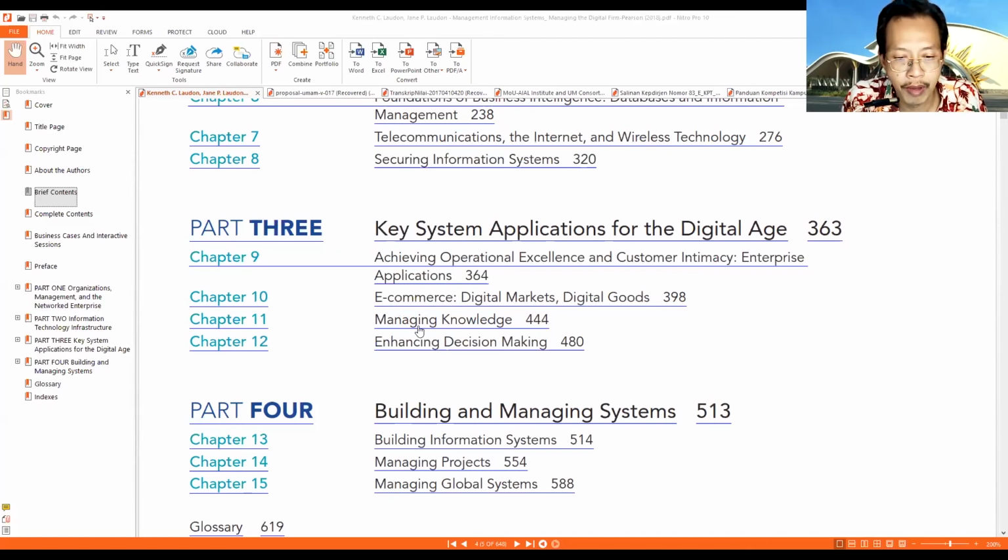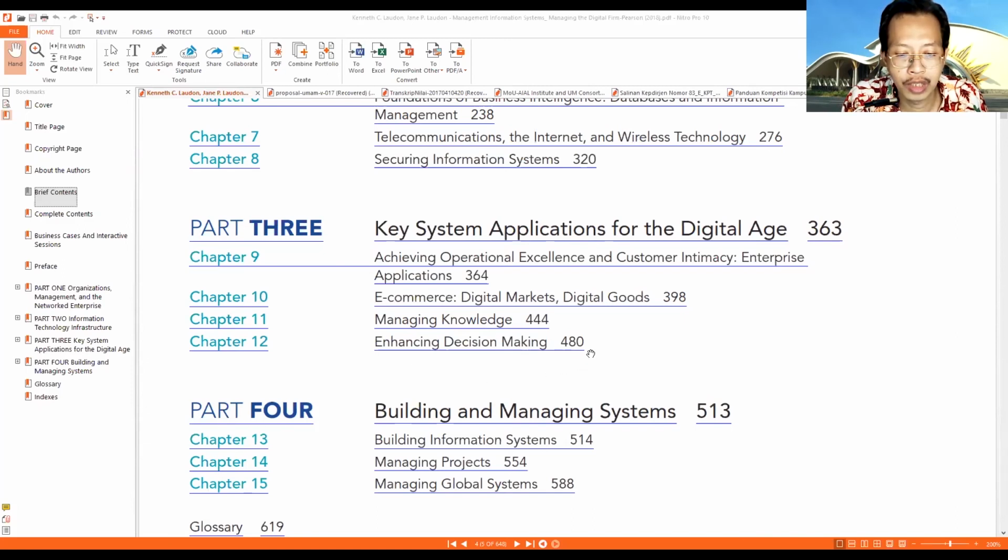And then we have managing knowledge. So not just about managing data, but managing knowledge, which is higher even than information. So we have data becoming information, and then becoming knowledge, and after that becoming wisdom. So this is about managing knowledge. After that,